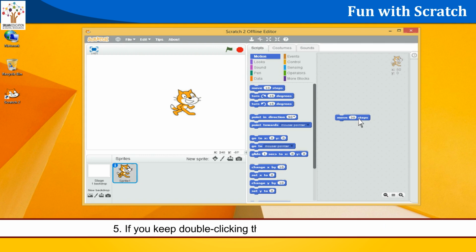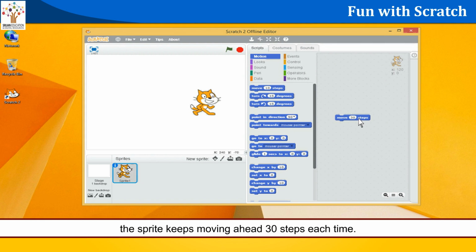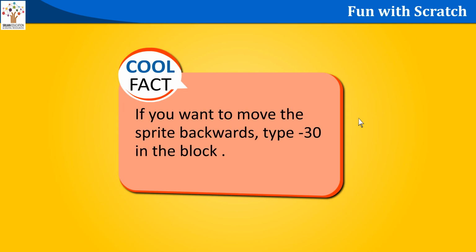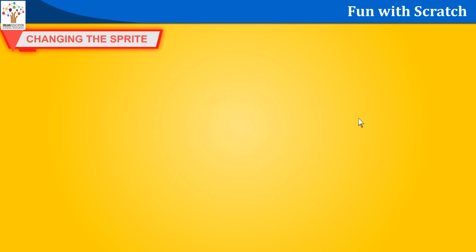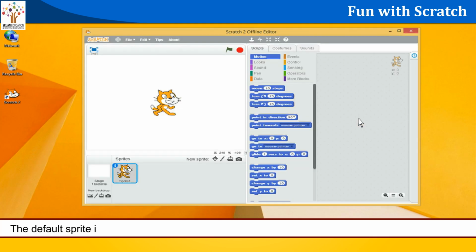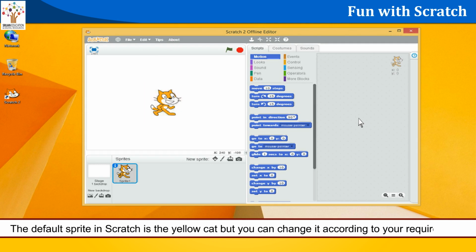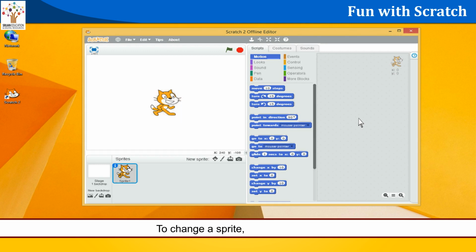If you keep double-clicking the block multiple times, the sprite keeps moving ahead 30 steps each time. Cool fact: if you want to move the sprite backwards, type -30 in the block. Changing the sprite. The default sprite in Scratch is a yellow cat, but you can change it according to your requirements. To change a sprite,